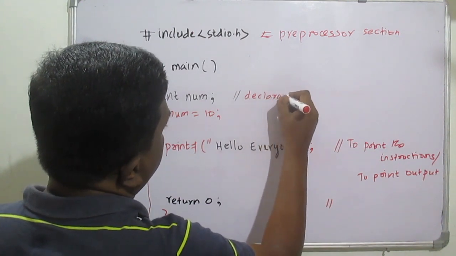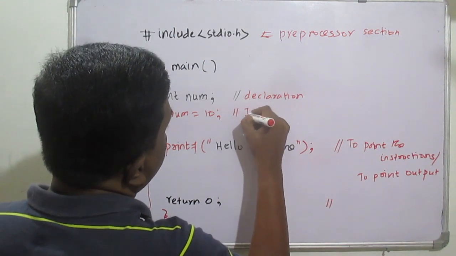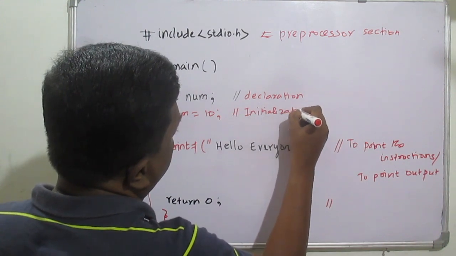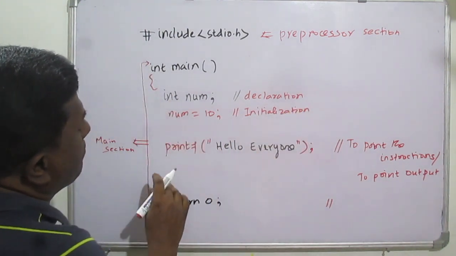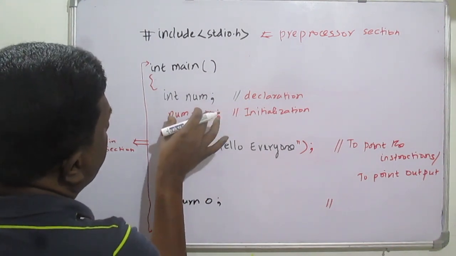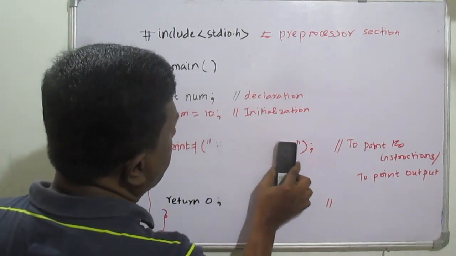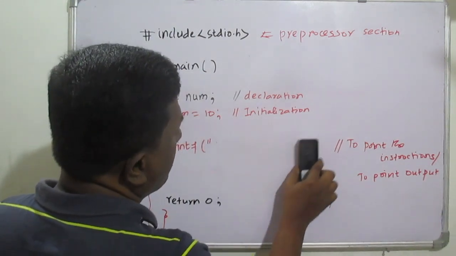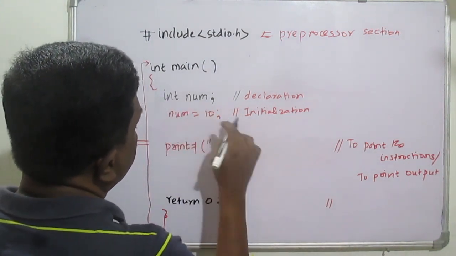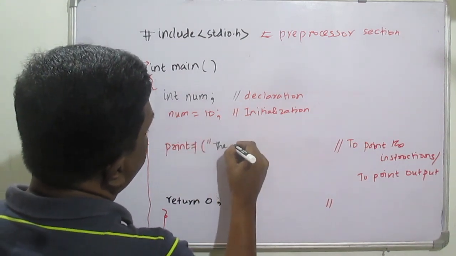Then this is nothing but initialization. Okay, so we have done this. Now, how do we get this number to be printed? So what we can do is just change this. We can write the given number, that means the entered number, or the given number